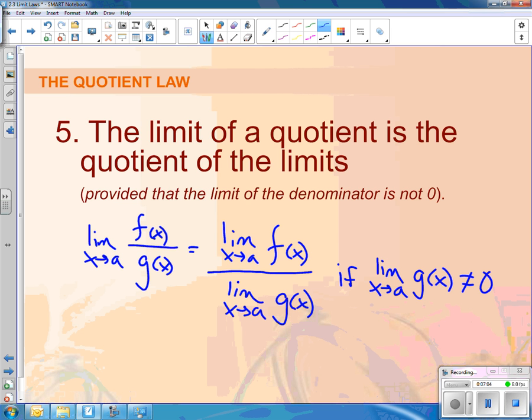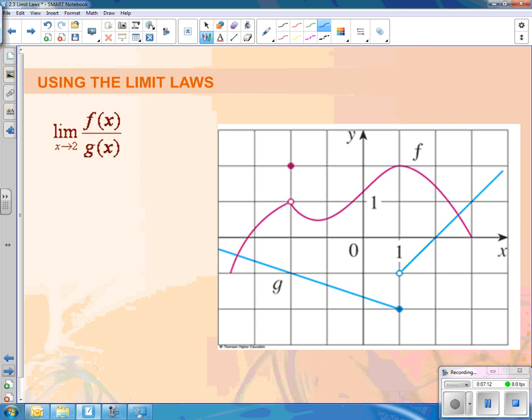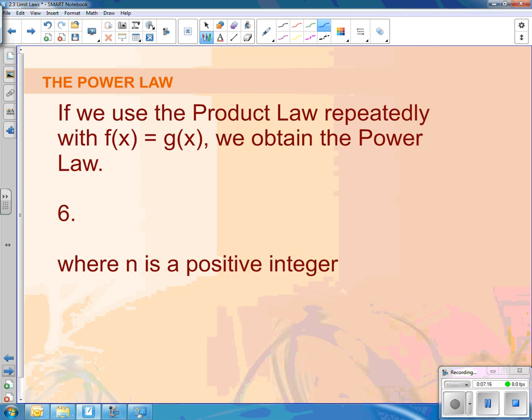Okay, let's keep going. Sorry, this is an example that we're going to see in class. I'm not going to do this for you now. So we'll start with these examples next time. But we're going to move on. So talking about the product law, if we use the product law repeatedly with f of x equal to g of x, we're going to end up,